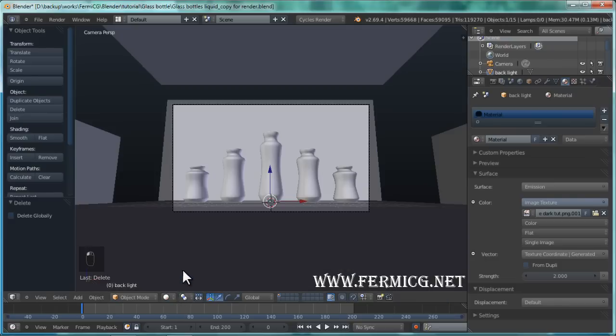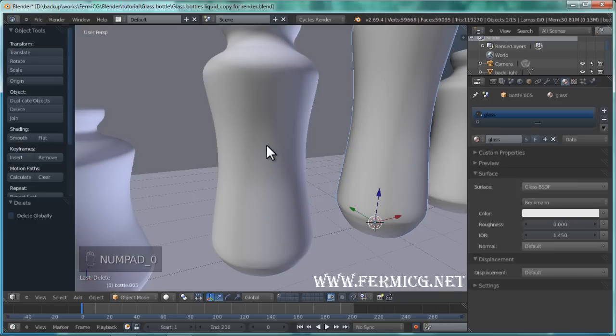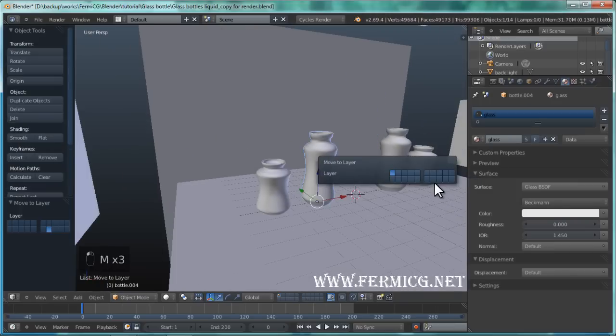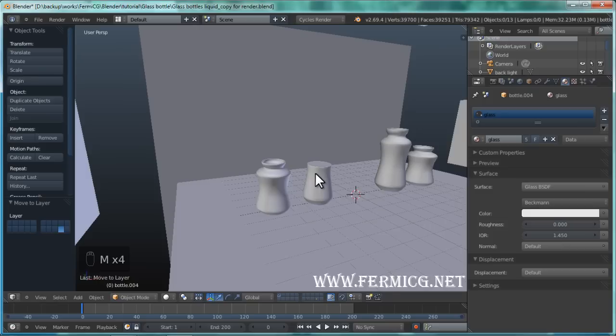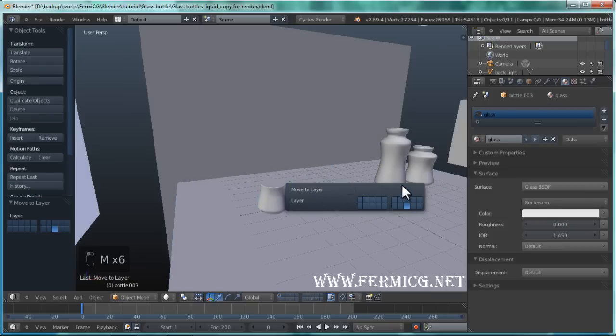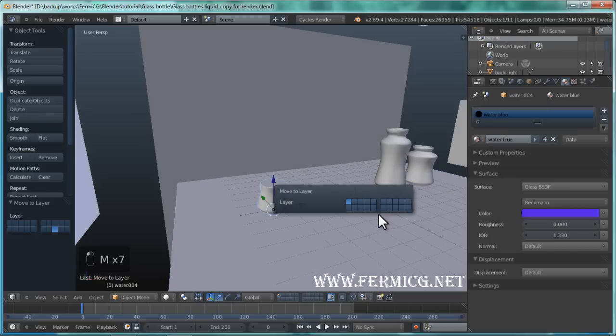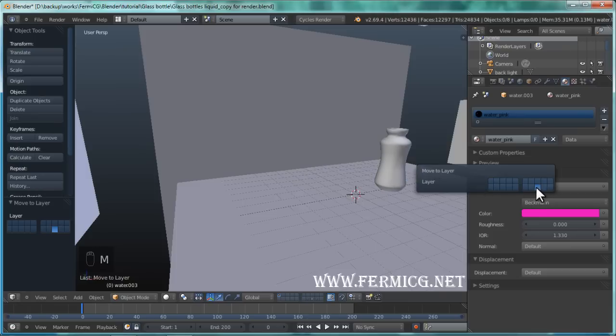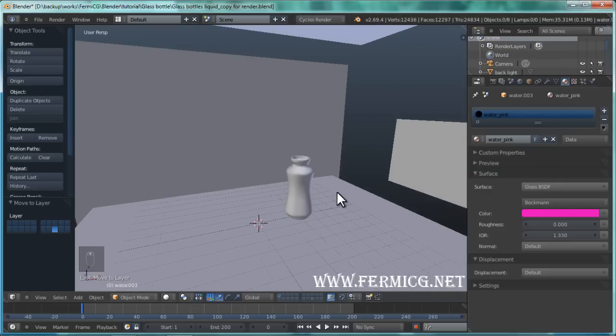So just move all these to another layer. This also to this, and this to this. Also this one, and this also to this layer. Okay, so we have just one